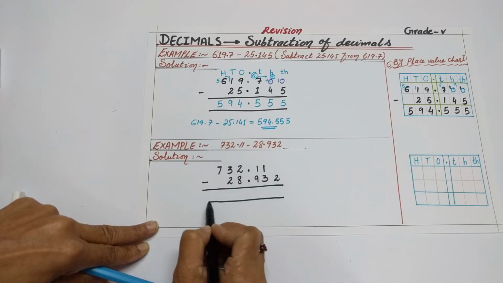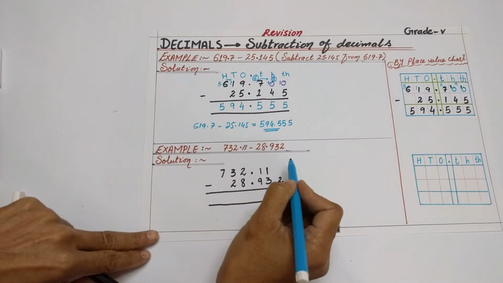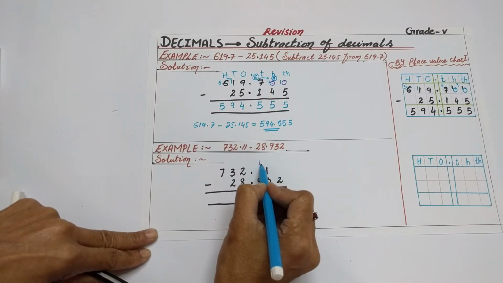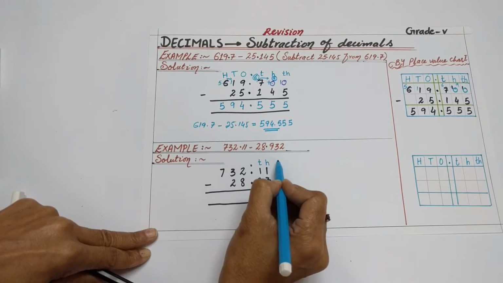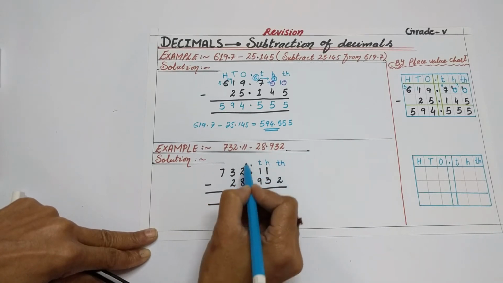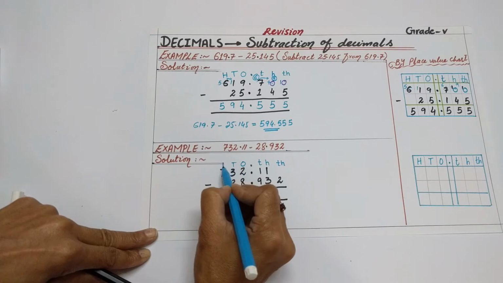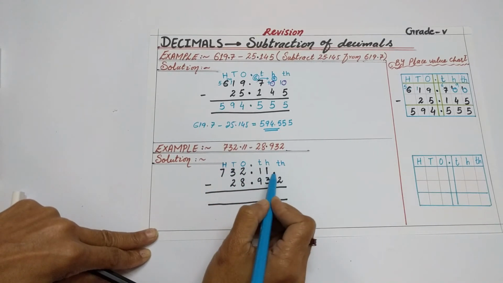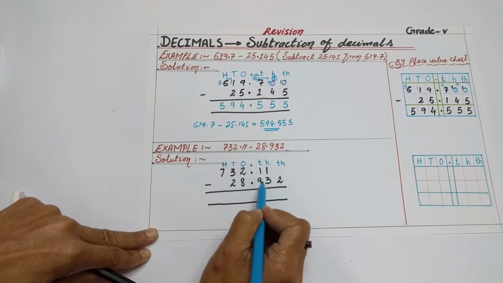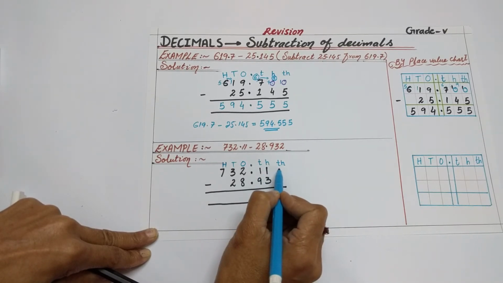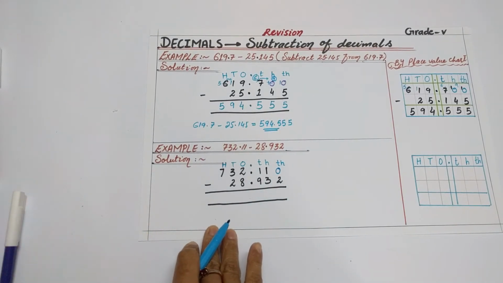And this one is the vertical form for the solution of the subtraction. So it will be easy to put the places. This one is the 10th place. This one is the 100th place. This one is the 1000th place. Come to the left side: ones, tens and hundreds. As this one is unlike decimal, because this one has 2 decimal places and this one has 3 decimal places, to convert it into like decimal, we will put 0 in the place of 1000.